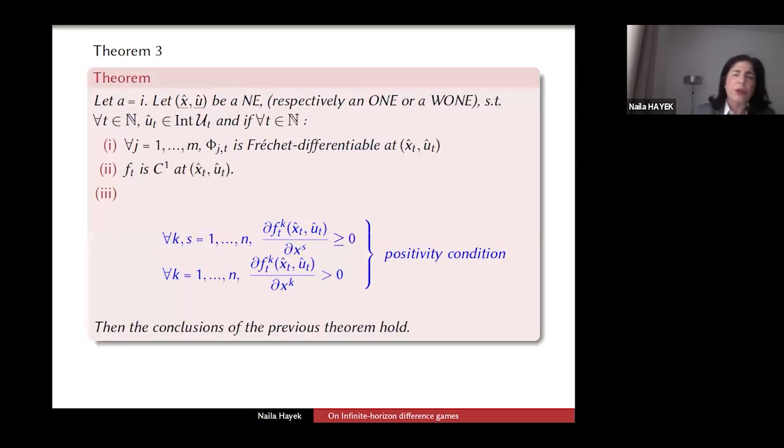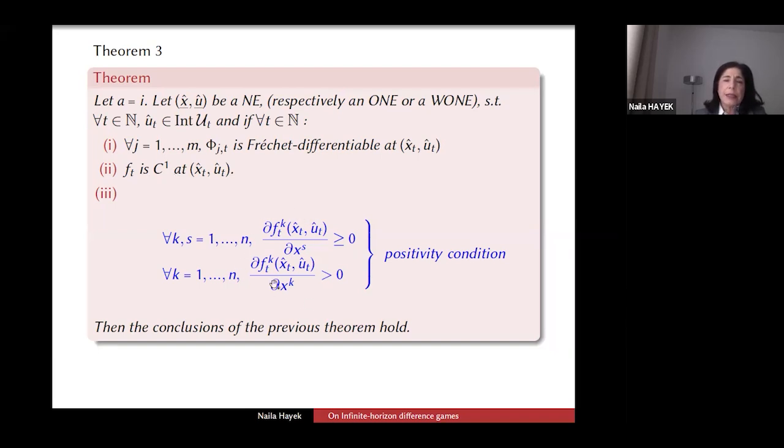Without giving you some proofs, I will just show you that in case we use only the difference inequality, and we get the problem with a difference inequality, given that x hat u hat is a Nash equilibrium, respectively, an overtaking Nash equilibrium or a weak overtaking Nash equilibrium, such that u hat t is in the interior of ut, and given that we have good smoothness conditions on phi jt,